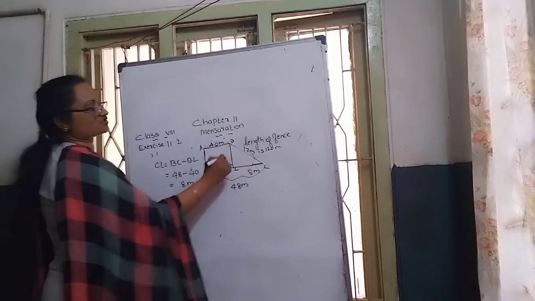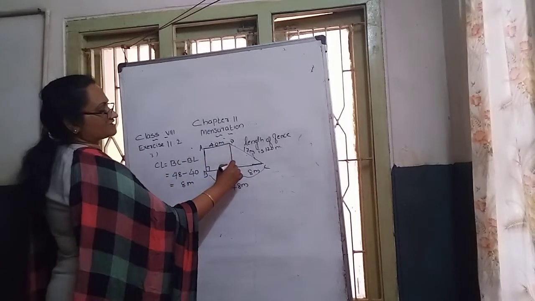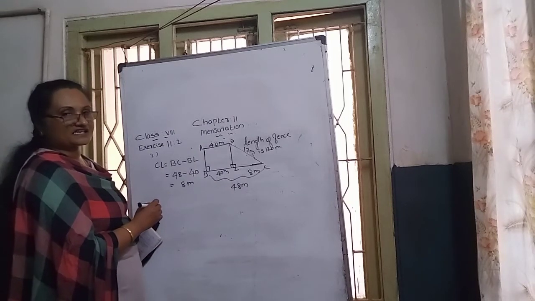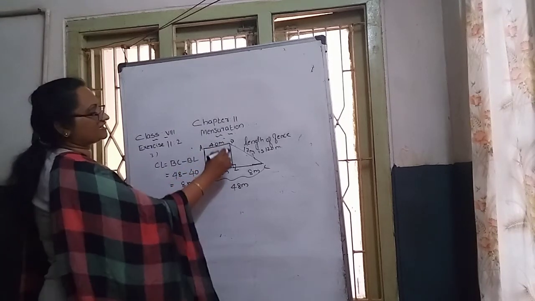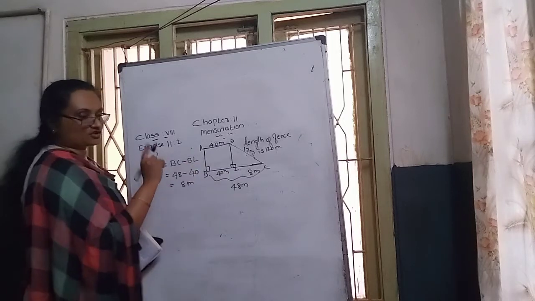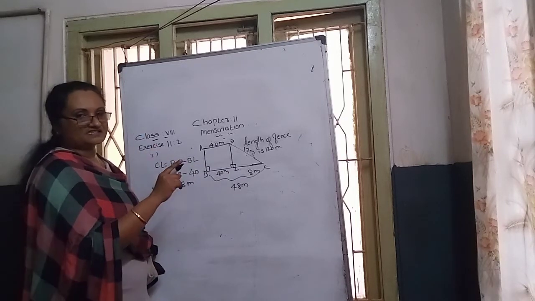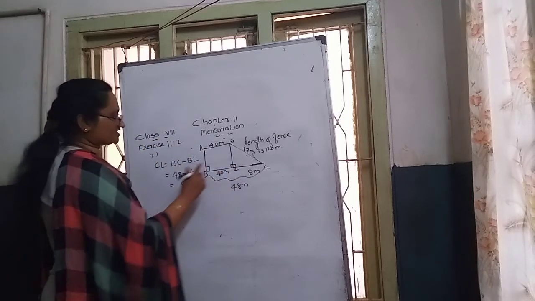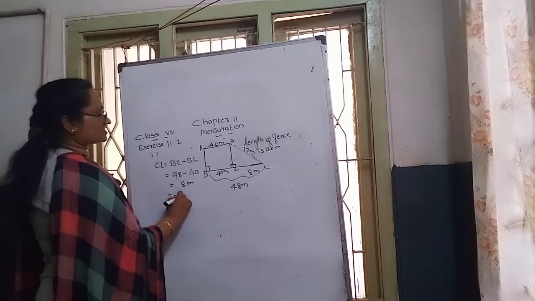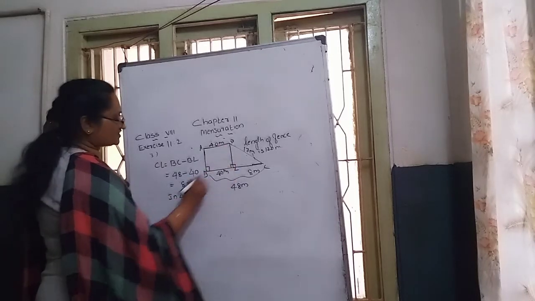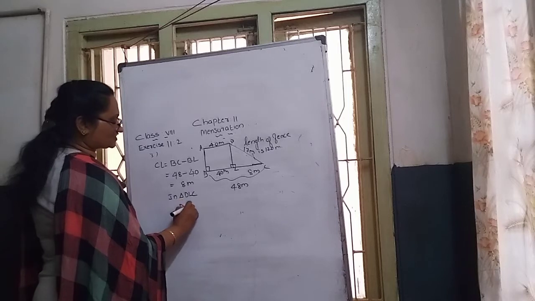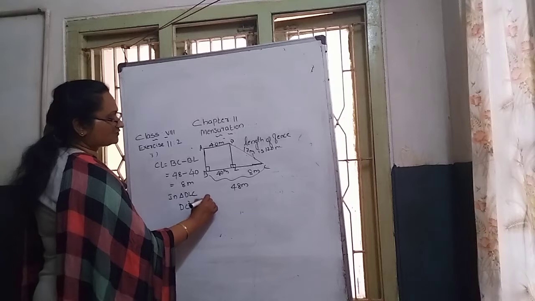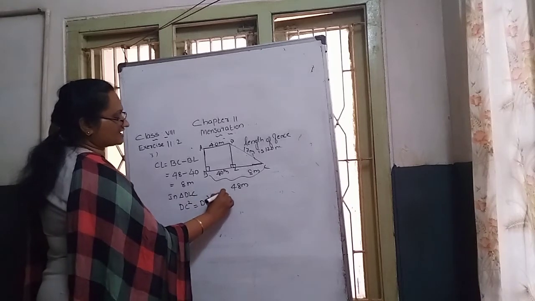Now, this is in which shape? Right angle triangle case. In a right angle triangle, how do we find the third side? Apply the Pythagoras theorem and find the third side, the DL side. The Pythagoras theorem says that the longest side square is equal to the sum of the squares of the other two sides. Which is the longest side? We consider triangle DLC. DC is the longest side, equal to the sum of these two sides, DL square plus CL square.